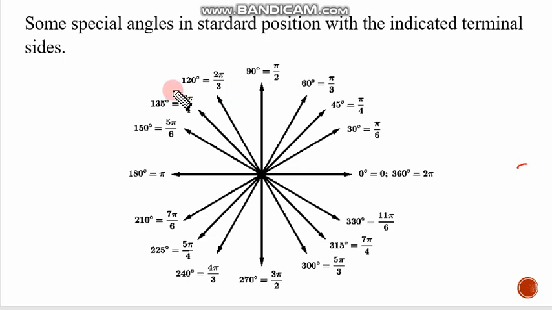So, a while ago, we measured our angles in degree measurement. But here are some of the standard position or special angles in a standard position with the indicated terminal side. So this is the initial side at 0, or the positive x-axis. So this is 30 degrees, 45 degrees, and 60 degrees, and so on, with its equivalent radian measures. So from that,